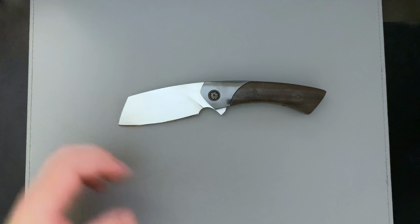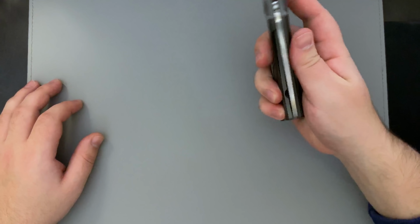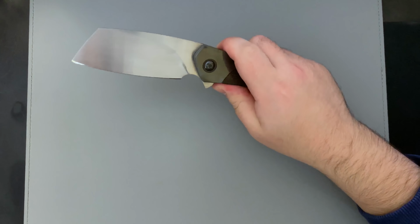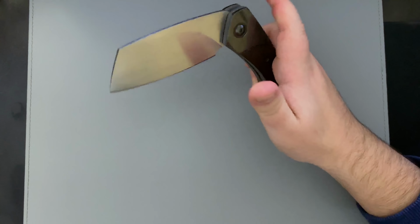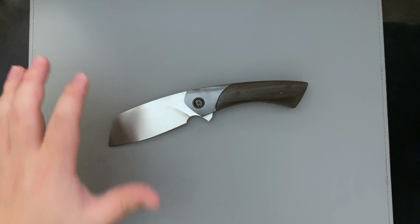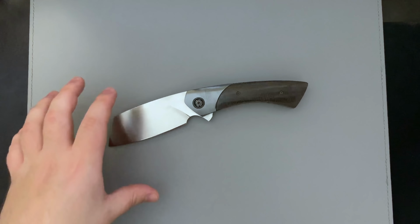One was, obviously, if you have a large front-heavy blade, getting a drop shot action shouldn't be too much of a problem. And you can see that's not a problem here at all. The blade almost closes itself like a magnet. I'm going to slice open my hand while I'm at it. So obviously it really doesn't take much to get this blade to drop shut because I'm almost cutting my finger with it. But when you have a very thick, very front heavy, or just heavy in general blade on a big knife like this, it is an absolute,